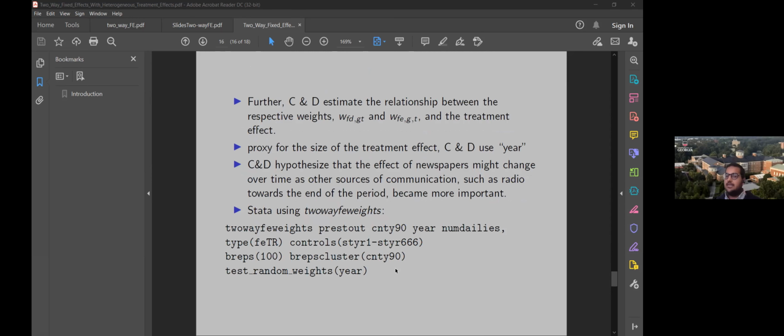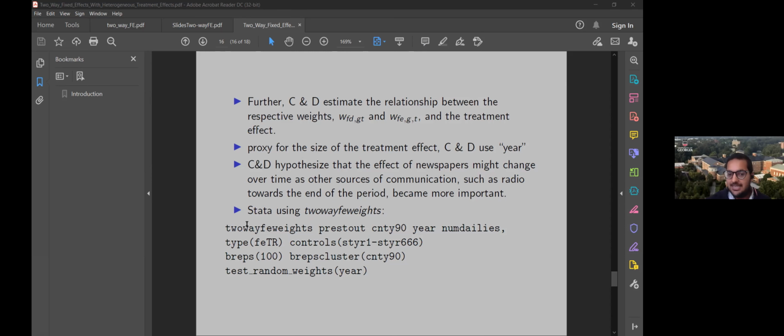And then further, there was this other diagnostic test, which I was mentioning, where you extract these weights and then run these weights on the size of the treatment effect. Now, the size of the treatment effect is unobserved. So what they do in this case is run this regression of the weights on a proxy for the size of the treatment effect, using the year dummies. Now, why they do it is because you have to have a reasoning behind it. The theoretical reasoning is that the circulation of the newspaper varies by county and time. So what they want to see is whether these weights are correlated with your treatment effect. And for that proxy, they're using the time. And what they find is,